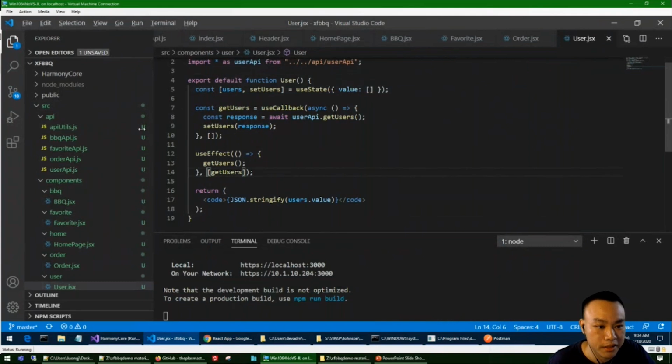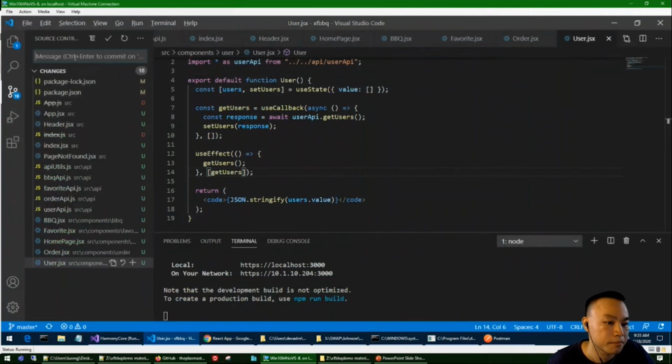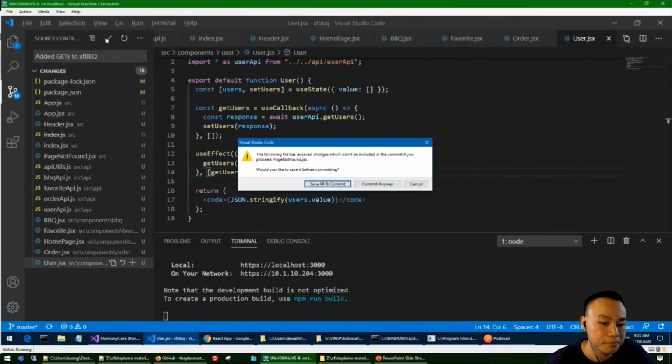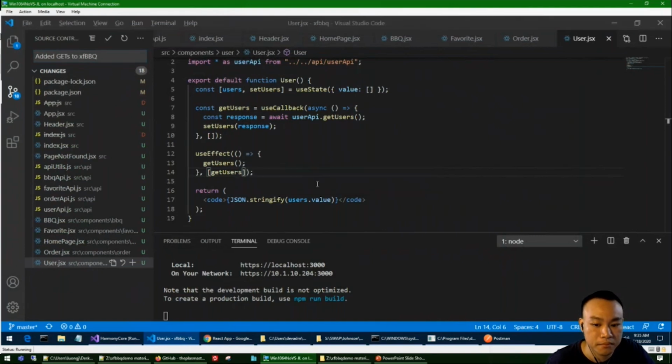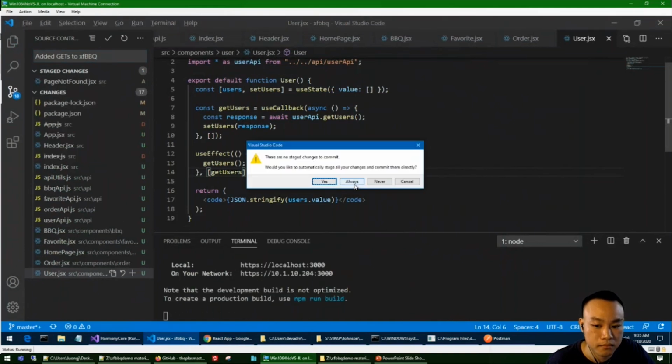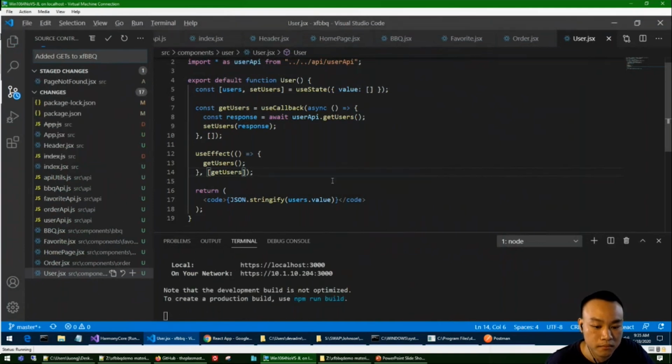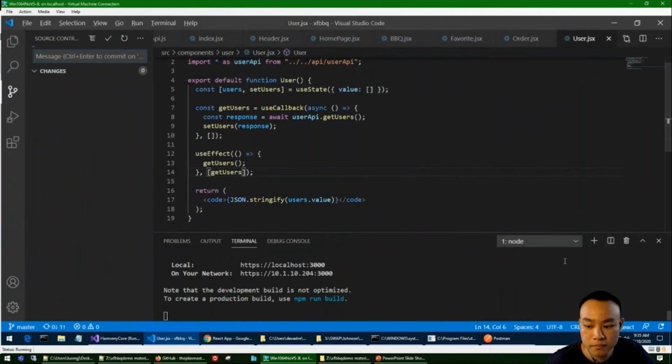And let's go ahead and commit those changes. Let's do it in Visual Studio Code. And git, it's a barbecue. And I'm going to open the split terminal here. I'm just going to type in git push.